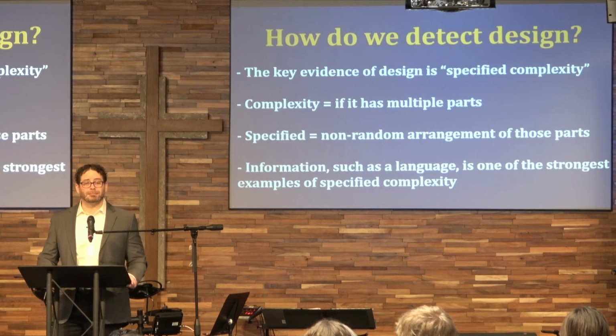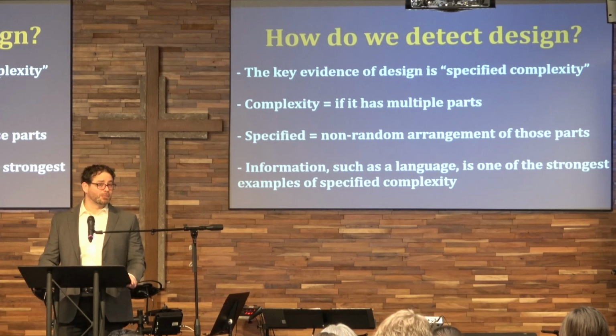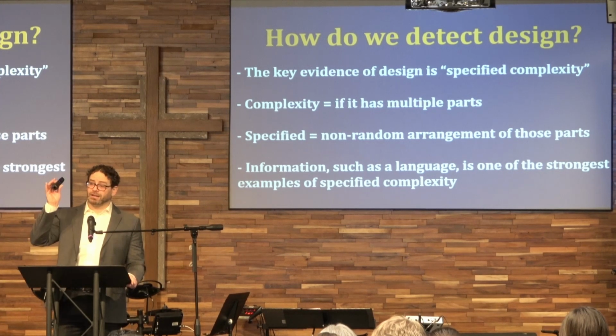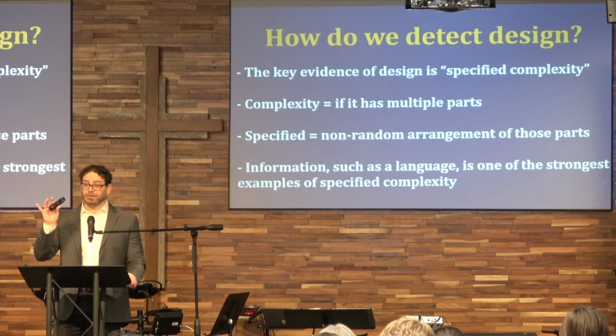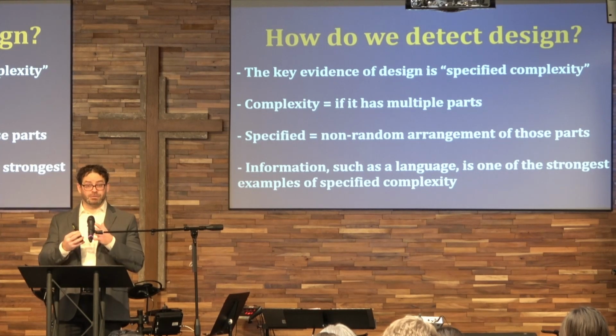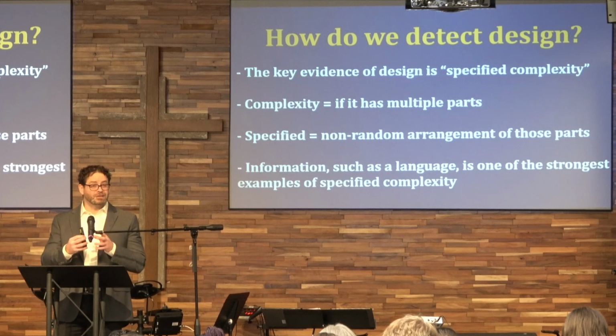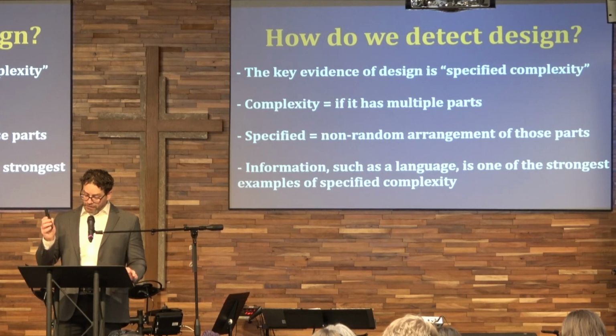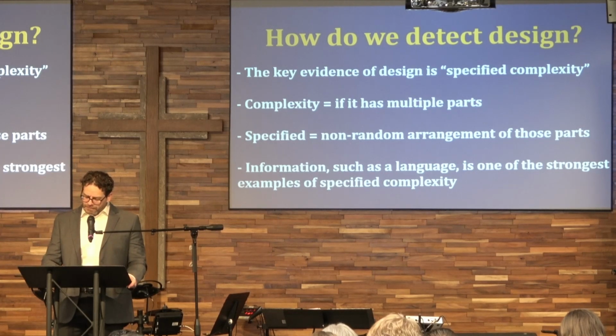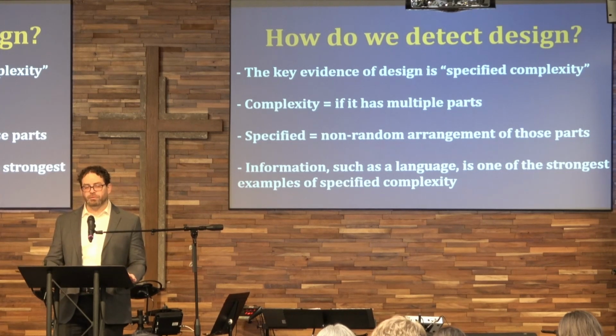Complexity, if something's complex, it just means that it has multiple parts. So this clicker that I'm using would be considered complex, right? Because there's a lot of electronic parts and plastic parts that make it up. So complexity means a lot of parts, but then it's also specified. There's a non-random arrangement of those parts. So like this clicker, again,